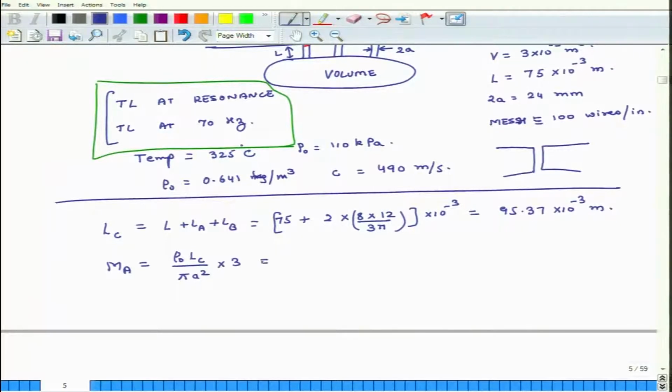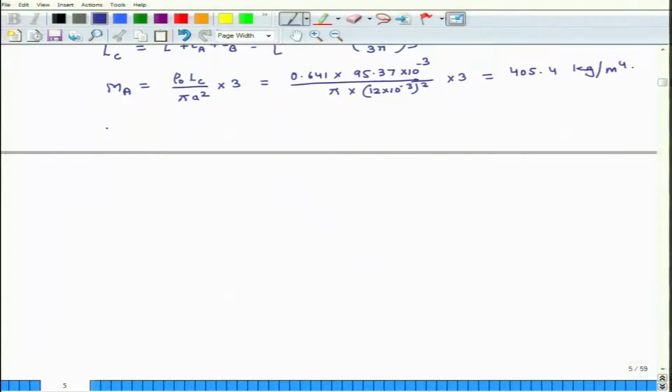If I do all the math, I get density 0.641 times LC 95.37 into 10 to the power of minus 3 divided by pi into the radius of each of these thin pipes, 12 into 10 to the power of minus 3, whole thing squared, and of course, multiplied by 3, and what I get is 405.4 kg per meter to the fourth. So, that is my acoustic mass,